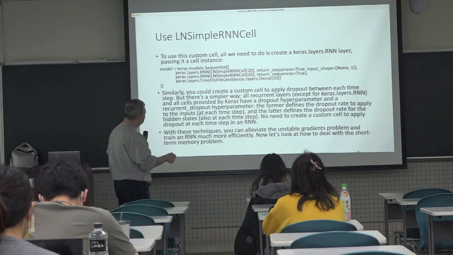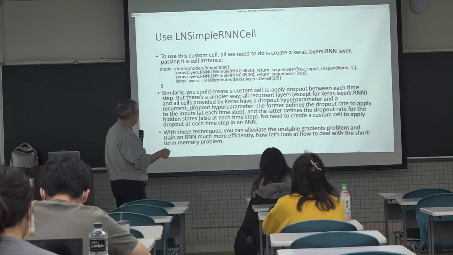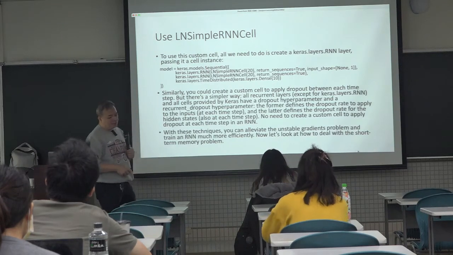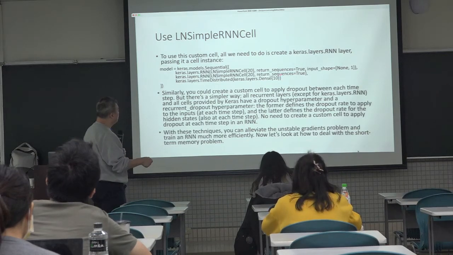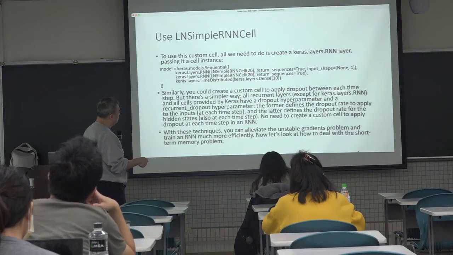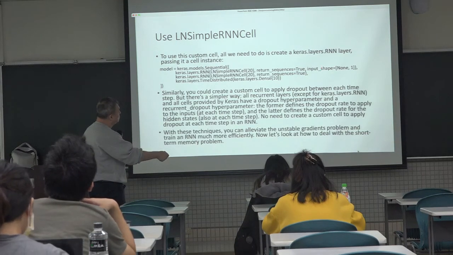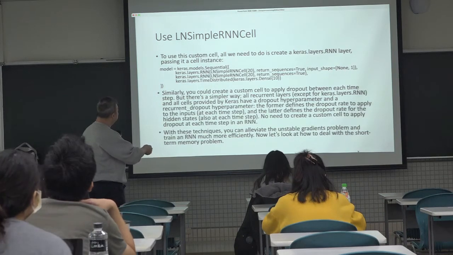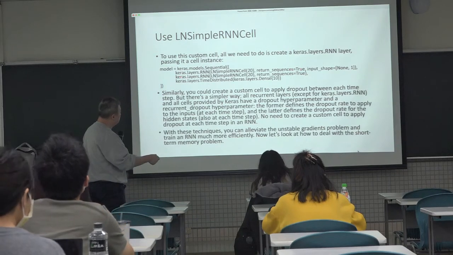I think we already explained the first two lines. Why do we need to have return sequences set to true? Because we want the output to remain sequential. So we set return sequences to true so that it will output sequences, one for each input. It will not just output the last output only. And the input shape is None because the first line actually expects any number of inputs. And that's about it.